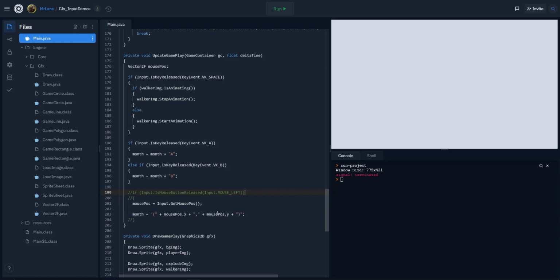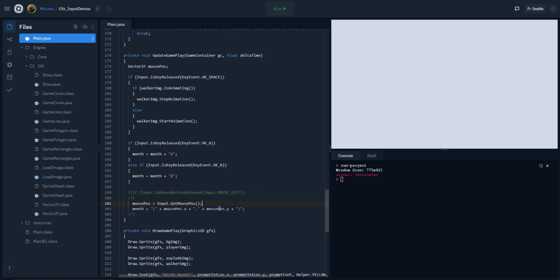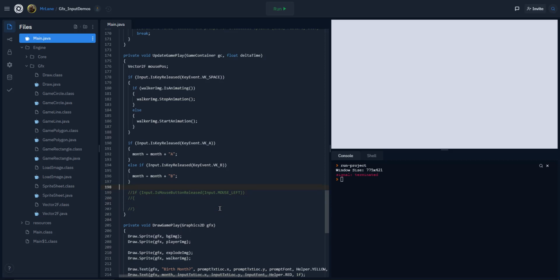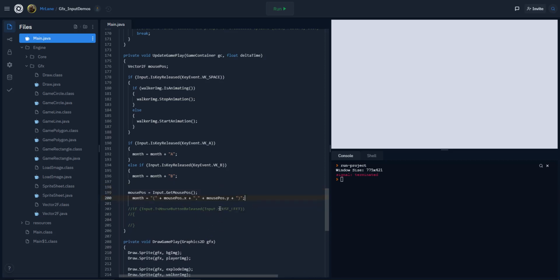So let's keep that mouse position stuff there, exactly where it is. Actually, we'll move it up here. But we are going to detect that click. And what we'll do this time is whenever we get that click, we're going to move our explosion to the location of the click. So all we need to do is change the dest_rec of our explode image. So our explode image.dest_rec,